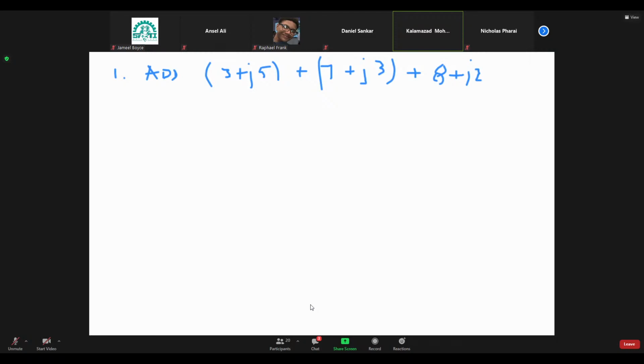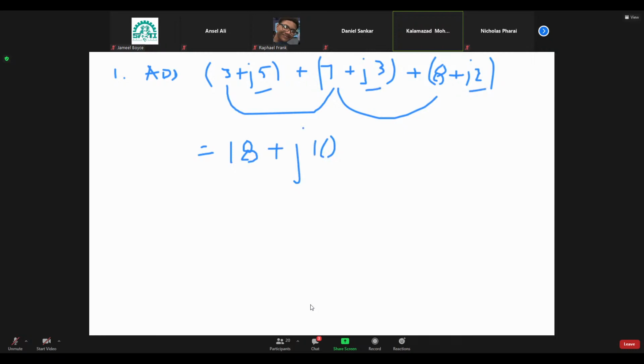Now, we need to add these. You could add them two at a time, or add all three in one shot. So it's going to be 3 and 7 and 8. That's going to give you 18. 5 and 3 is 8 and 2 is 10. Answer. Everybody okay with that? Okay, great. So similarly, to subtract,